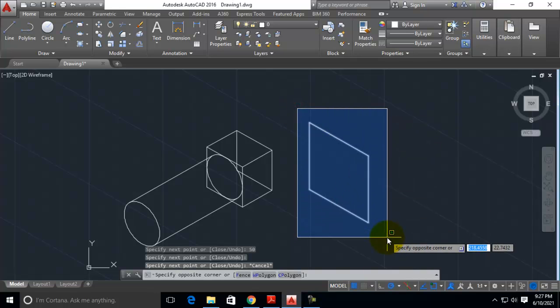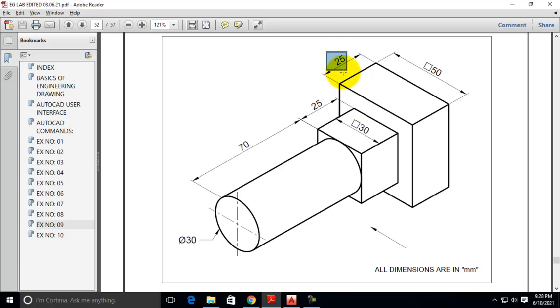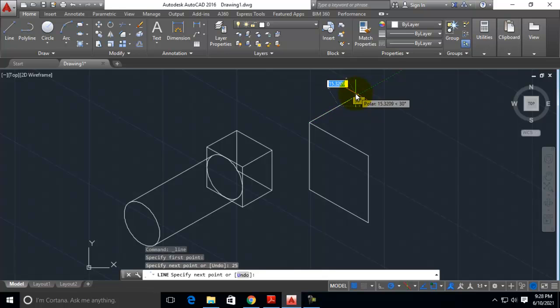Similar to the method you have drawn already, select everything and select that parallelogram alone, and use the command JOIN. Press enter. Now you see this, all the 4 lines are joined together as a single parallelogram. Now similarly, like the previous cube, we have to do a similar method. Draw a line of 25 at an angle of 30. You have to maintain 30 degree and, sorry, 150 degree wherever necessary accordingly.